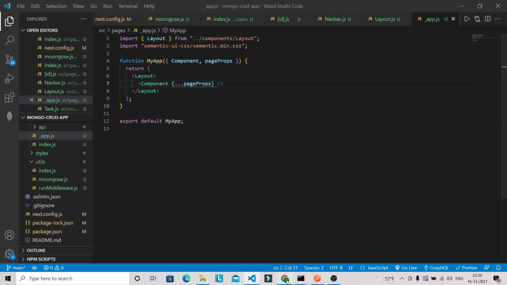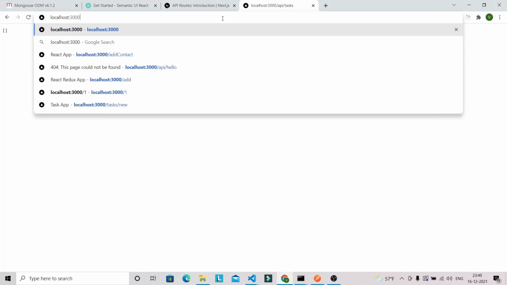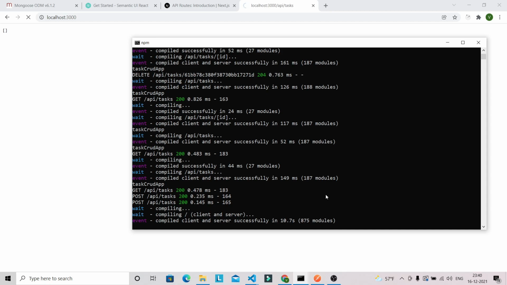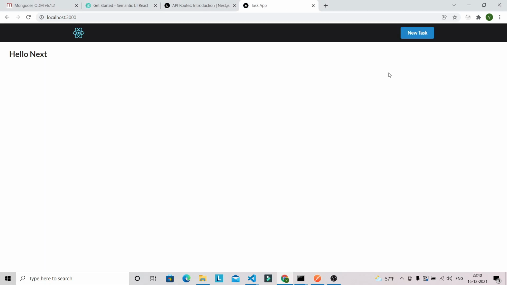So let's go into the browser, and let's load the home page only. Let's see the console. So we have got our nice navbar. Okay, and if you click New Task, this route is not registered, so you will get a message like page not found, because we haven't registered that route in our pages folder.